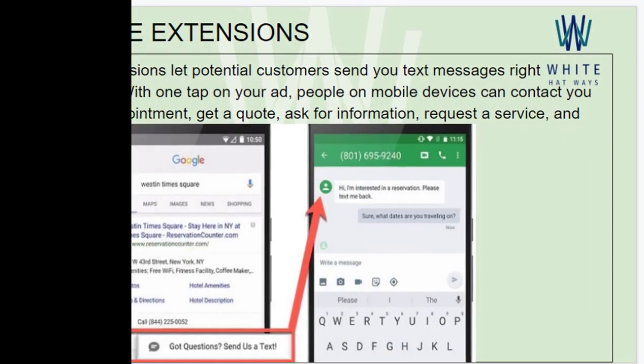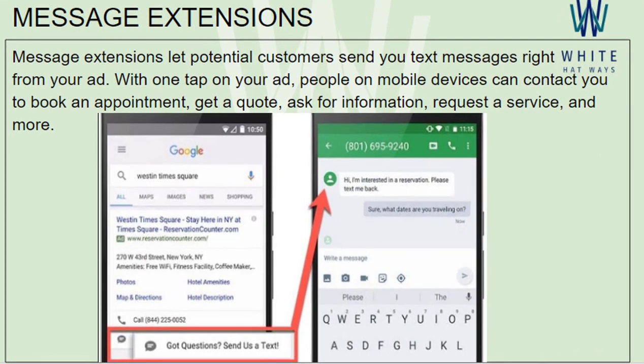So with this, we end this session on message extensions. As you can see, the message extension would look like this, and this is going to be the extension text. "Got questions? Send us a text." This is the extension text, and eventually once somebody clicks on this extension text, he would land up in the message box.